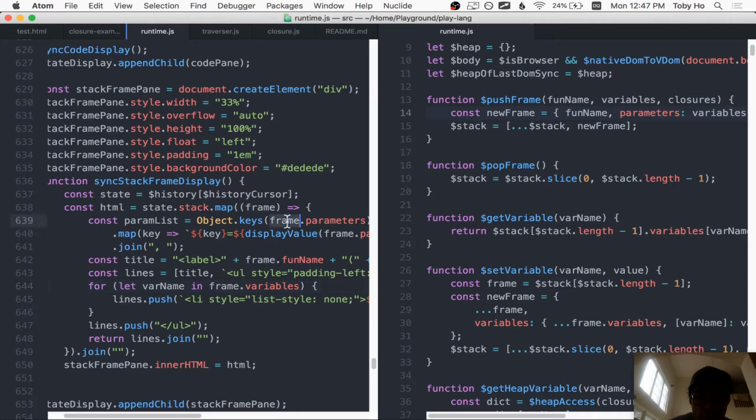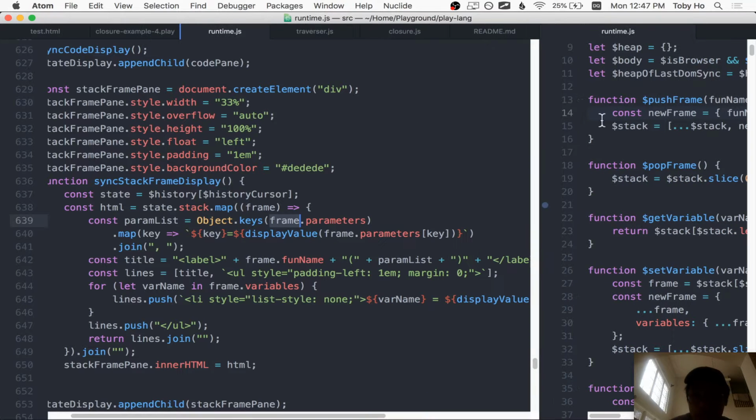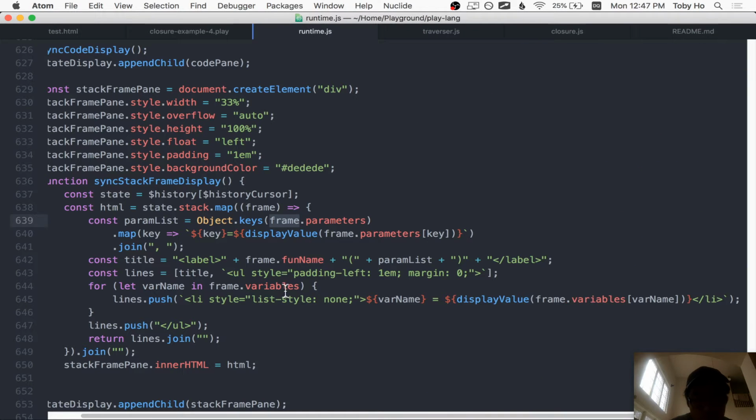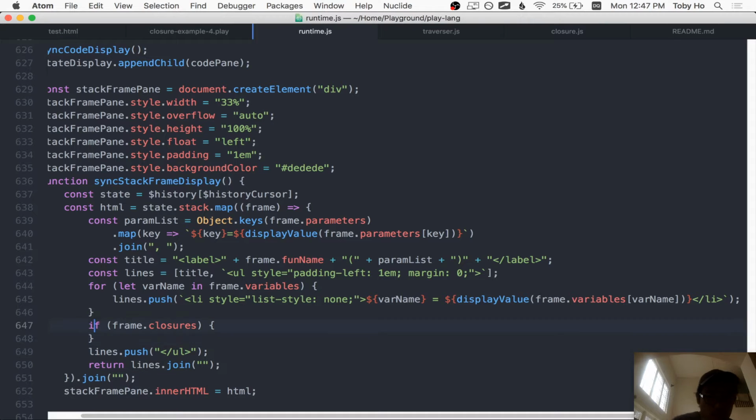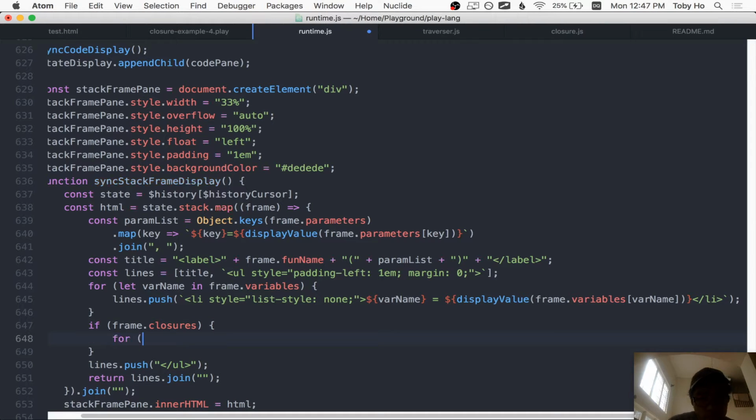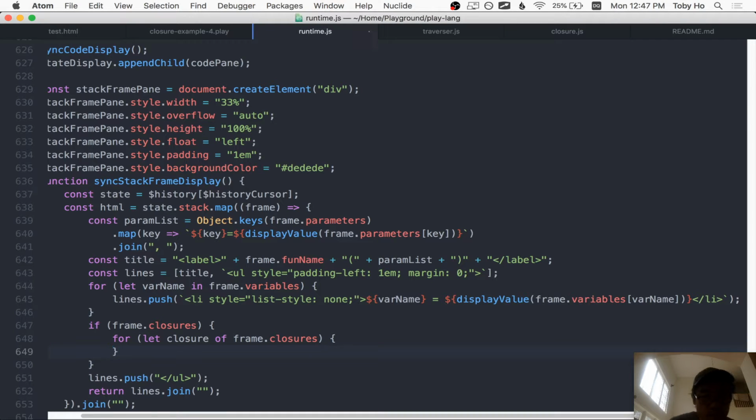So a frame object actually also has closures in it. And let's do this. Let's, for now, just for now, for each closures, if the frame has closures, I'm gonna loop through each closure. I know closures is an array, so I'm gonna use for of instead of for in to loop through it, and then